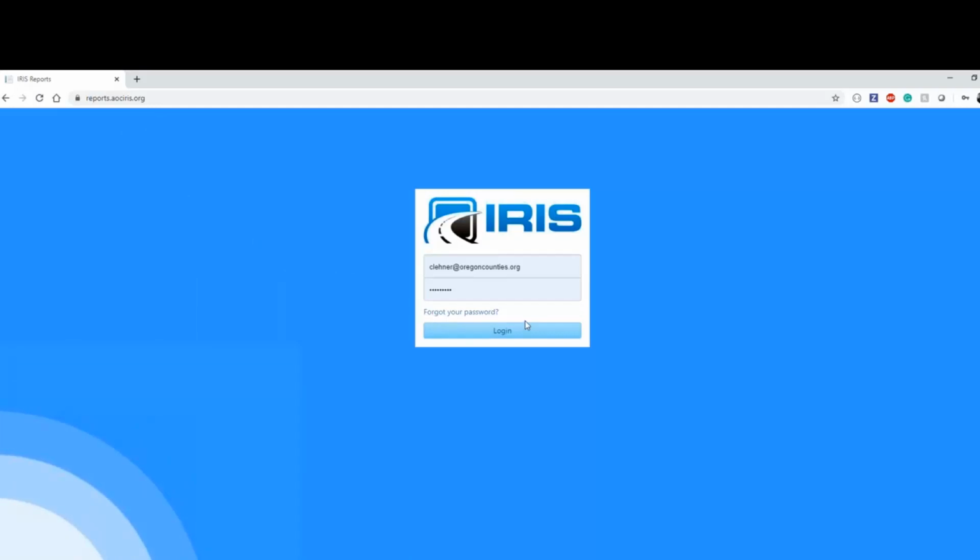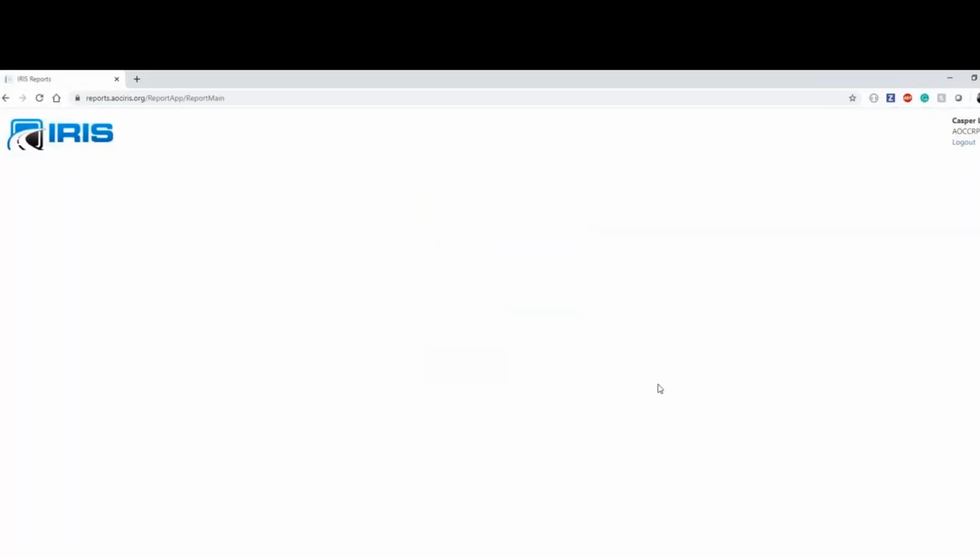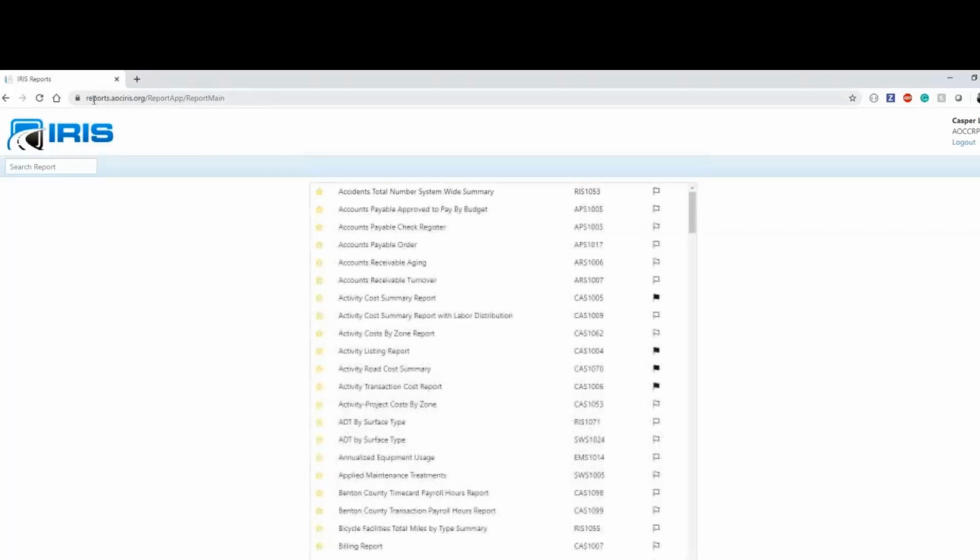When you get included into the beta program, we will require that an administrator for your county be identified, who will be responsible for configuring the rest of the system and the rest of the users for the system. They will have to go through and ensure that everyone has emails. Greg will walk you through a little tutorial process on getting everything configured. And once you're into the beta program, you will see interfaces that are entirely web-based, as in this particular URL here. So in this example, using reports,